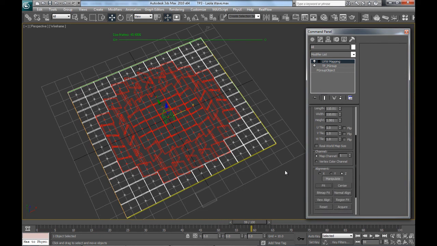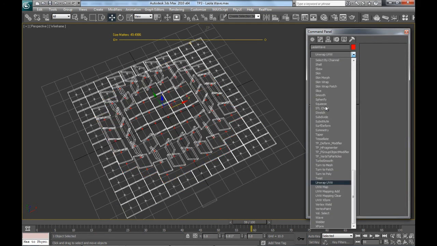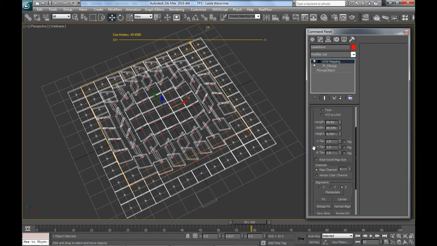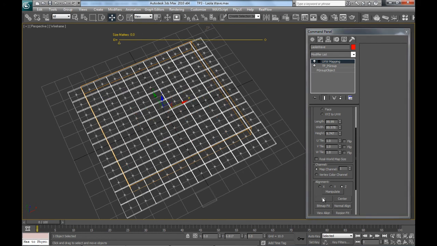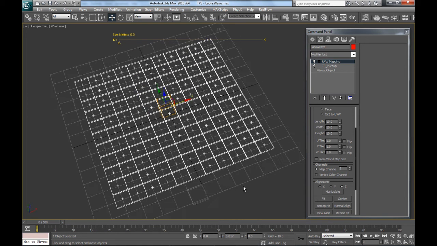It should have already fit inside. I'm also going to do the same thing for the laola wave. I'm going to drop in a UV map, also a box, and fit it. Okay, so now I can go to my material panel over here,